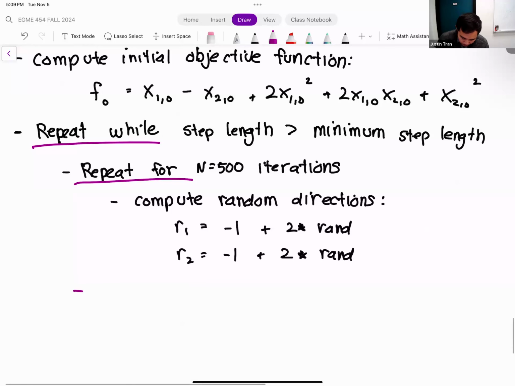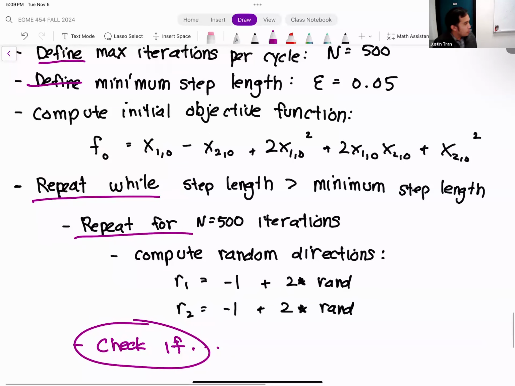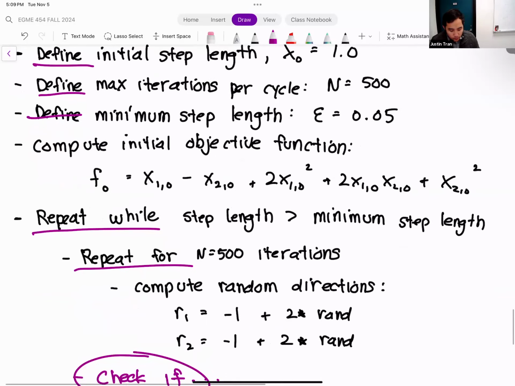And then for an if statement in your code, you'll express that in pseudocode as check if, because an if statement is essentially just a check. So that's what I'm looking for in the pseudocode: first of all, do you understand the algorithm? And two, do you understand, at least from a high-level point of view, some of the big steps you need to do to implement this in code?